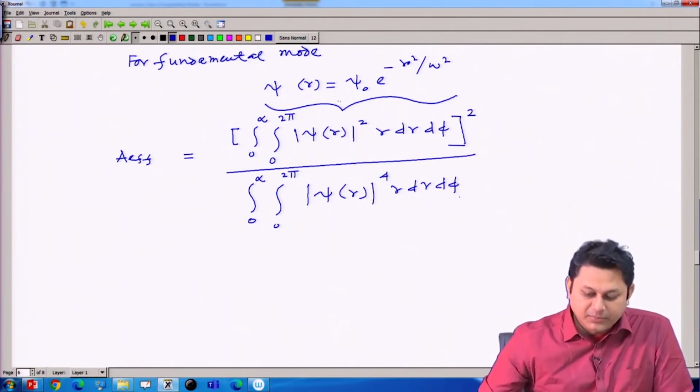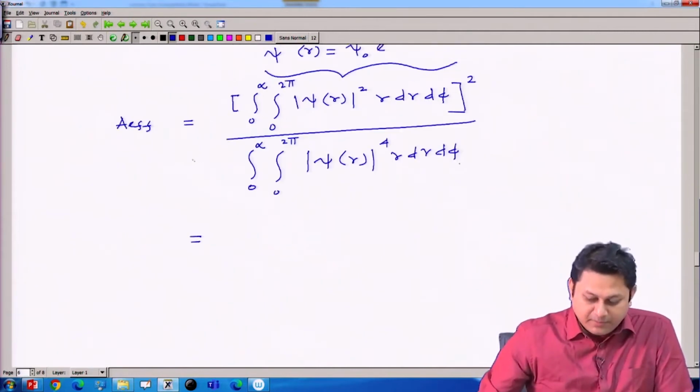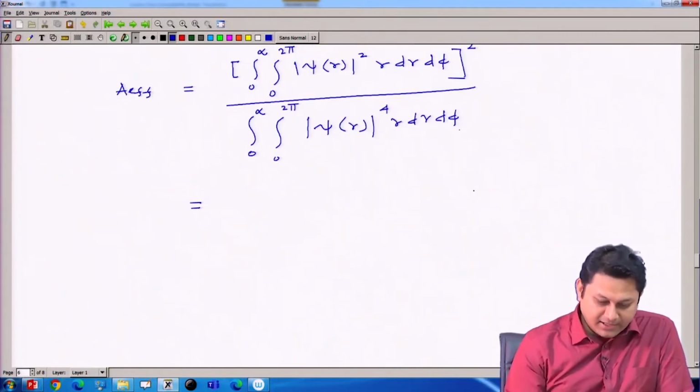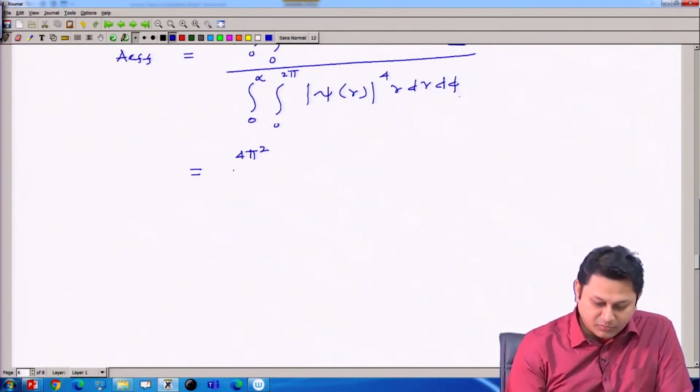This field, the fundamental mode, doesn't depend on the phi. So, in this integration, we will just integrate over 0 to 2 pi over this phi. There is no phi dependency inside this integration. So, it should be simply 2 pi here, and in the denominator also it should be simply 2 pi. So, I can directly write it as 4 pi square, because it is a square associated with the numerator. So, it should be 4 pi square divided by 2 pi, and the rest of the integration is integration 0